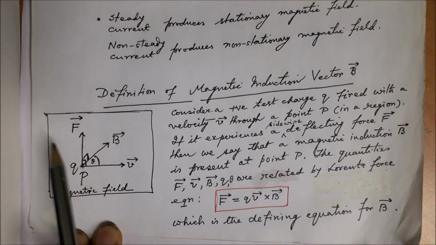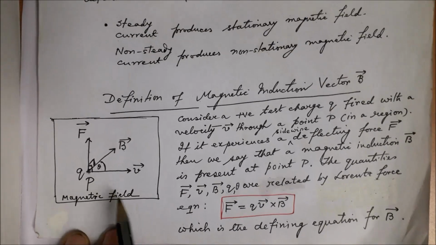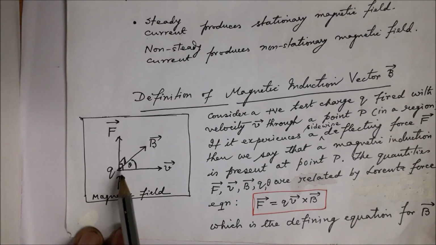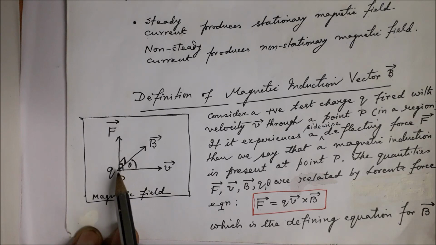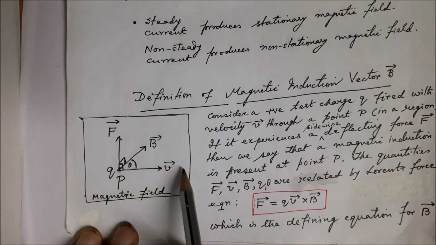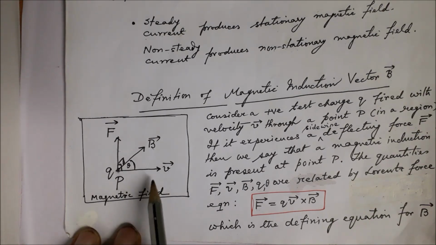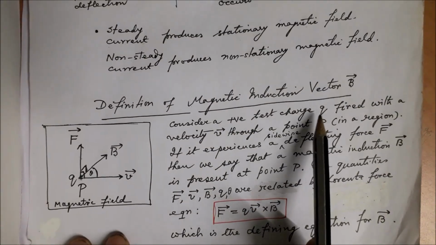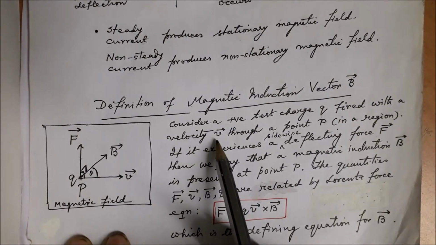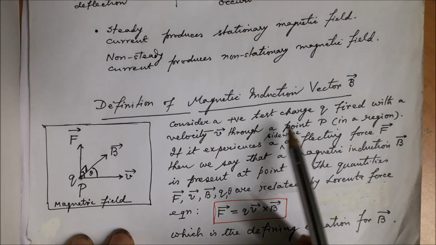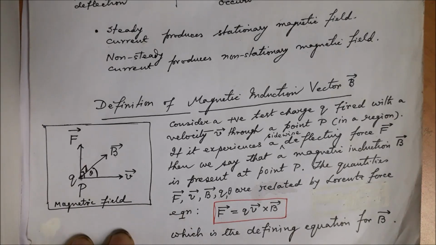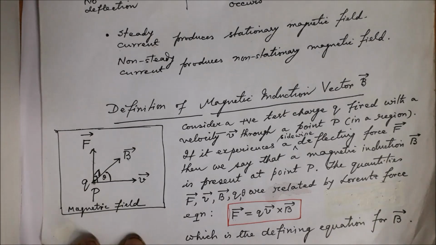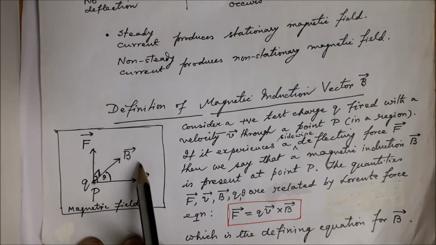Let us consider a region of space where we have a charge q which is projected with a velocity v. This charge will move in a straight line. It will follow a linear path according to Newton's law. But if it so happens that this positive test charge q, which is fired with velocity v through this point P, experiences a sideways deflecting force vector F, then we'll say that in this region there is a magnetic induction vector B,